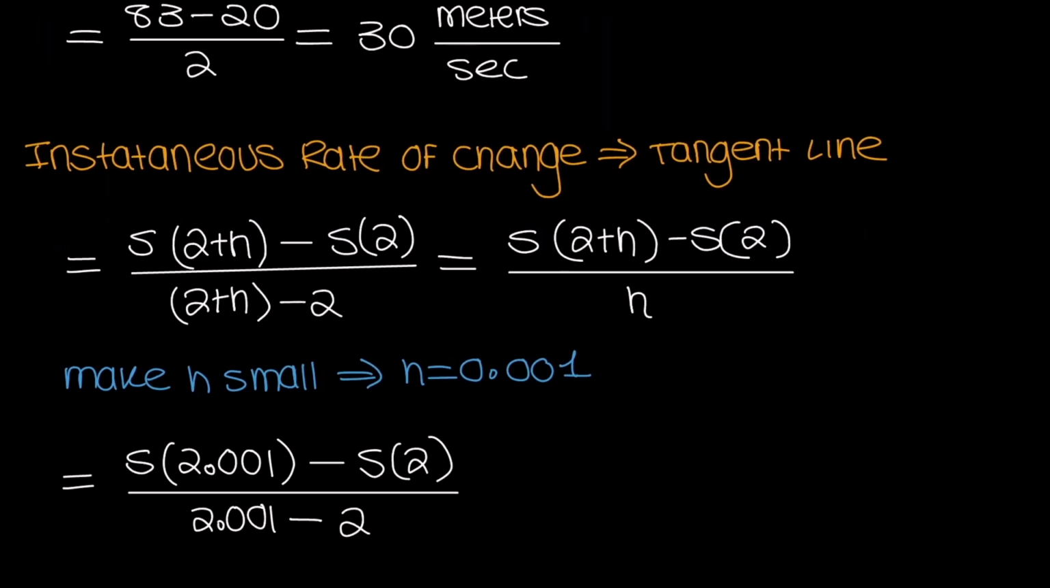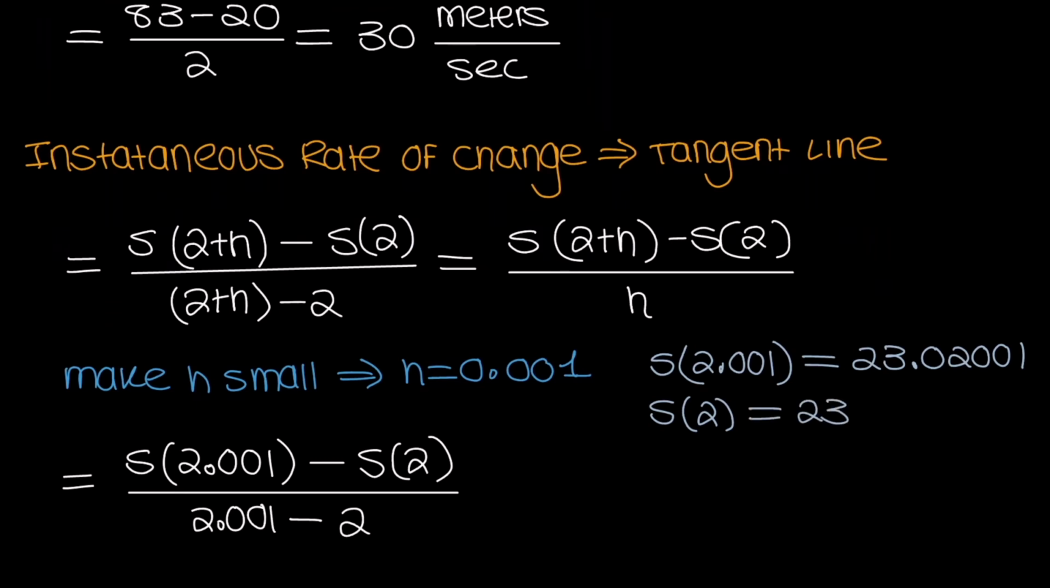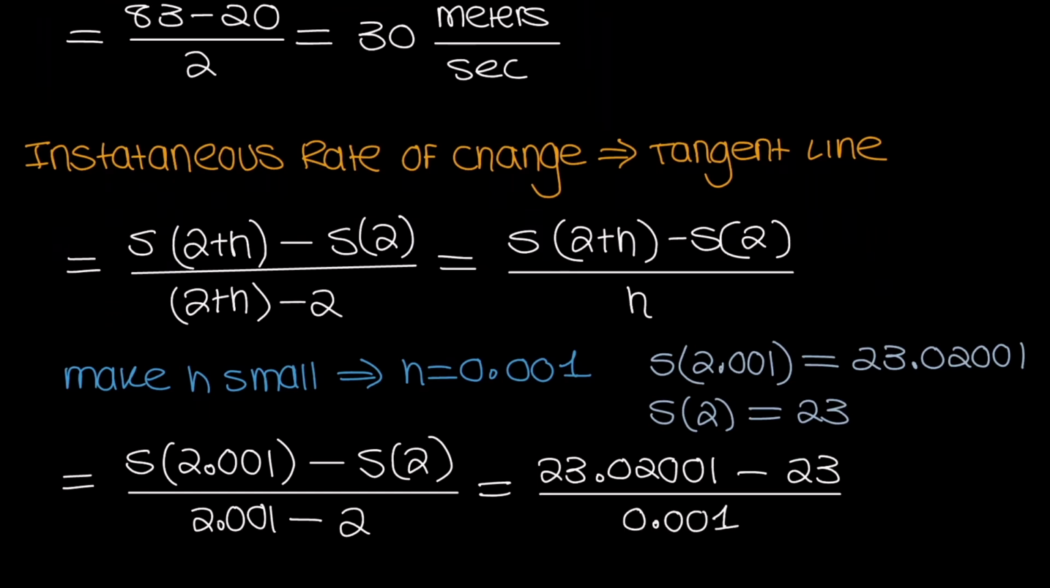So I know that S of 2.001 is going to equal, if I plug it all in, 23.02001. And then S of 2, as we found earlier, was just 23. So now we can plug it in. 23.02001 minus 23 over 0.001, which is going to give me